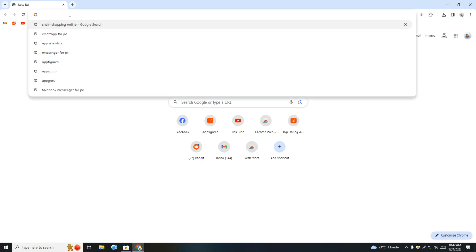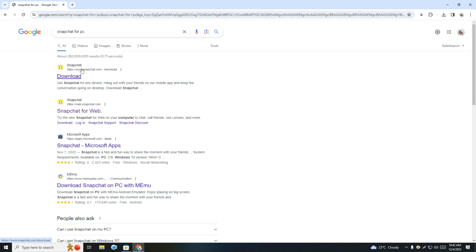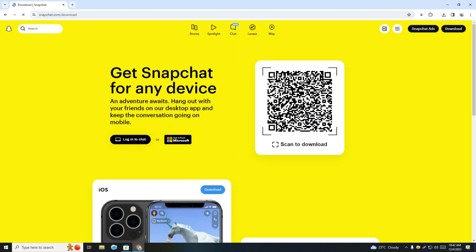Then type here Snapchat for PC. Okay, and then click the first option. Then here you'll get the option, and they also suggest that you get it from Microsoft. Okay, so Snapchat download, simply click on download. You can download here,